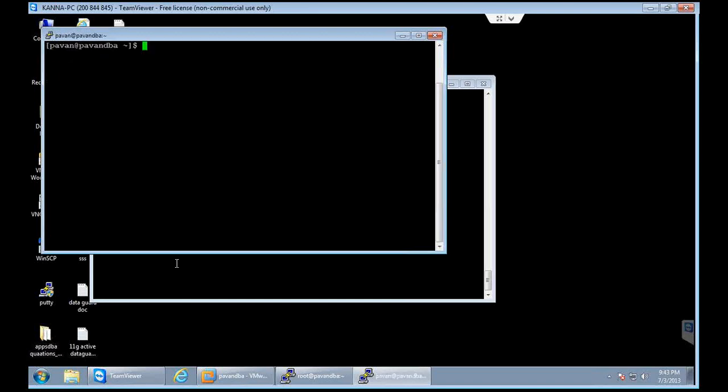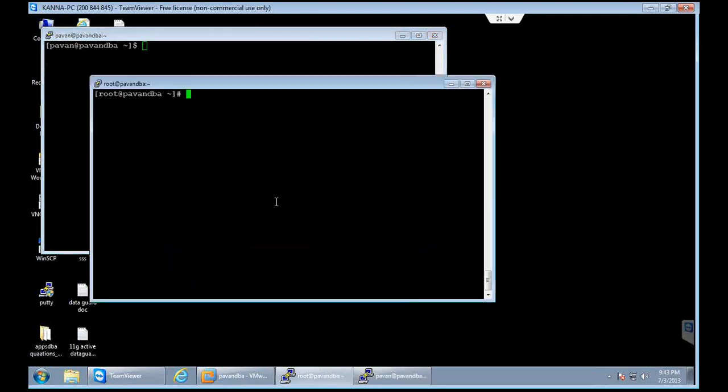Okay. So now as a root user, suppose I want to write some message to this Pawan user. What I can simply do is write Pawan, and then type a message. For example, please save your work and log off. System is going for shutdown.